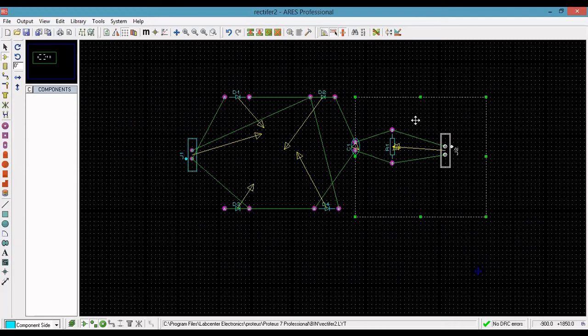So this second step is over. Now we have connected the netlist.